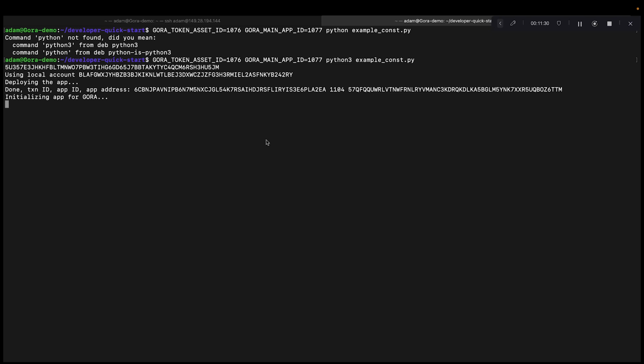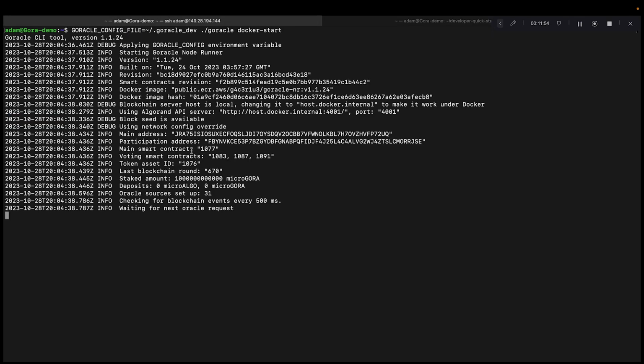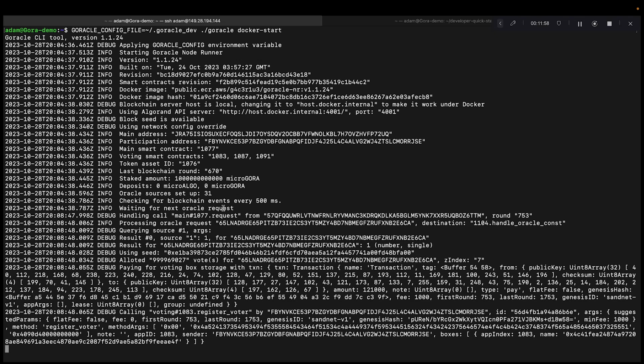And what this is going to do is call the Gora network and process a data request. So this is just a quick example to show you how to connect your application to the Gora network and begin processing data requests. So right here we can see that it is calling the app, and if we go back over to the other window, waiting for next Oracle request, bam.